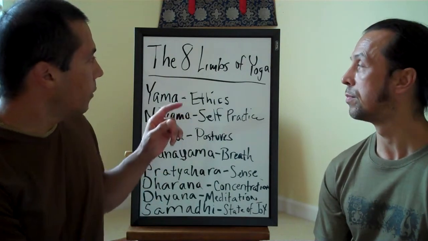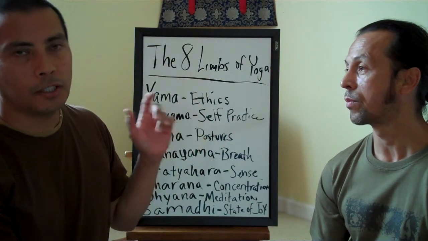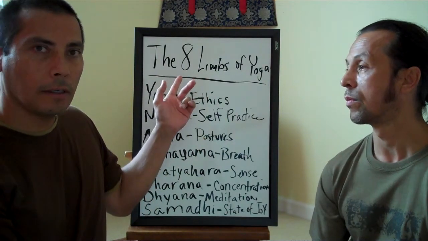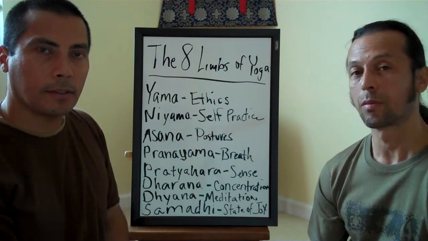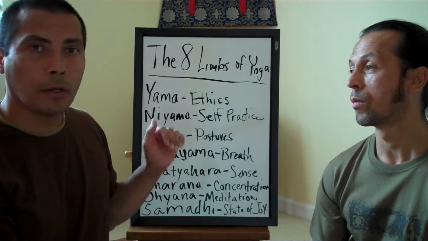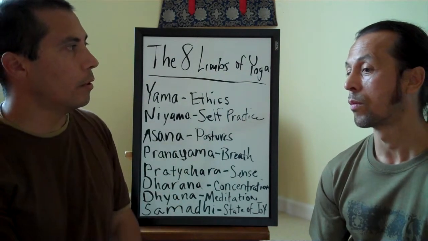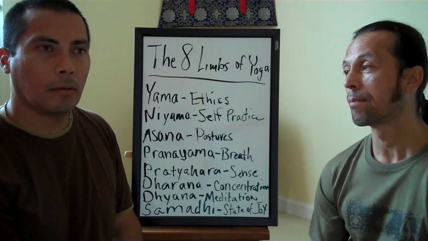One note on the eight-limb path. In Sanskrit, Ashta means eight, and so the Ashtanga practice observes this path as its main focus. Also, this is considered the royal path, or Raja Yoga. Yeah. So without further ado,